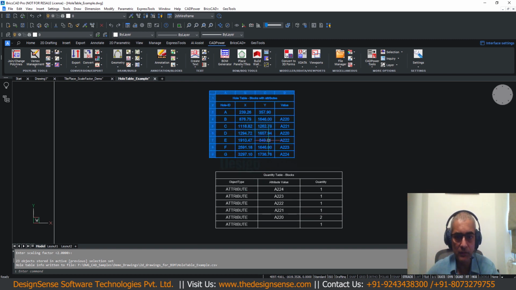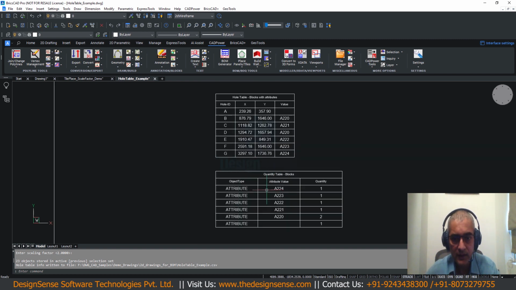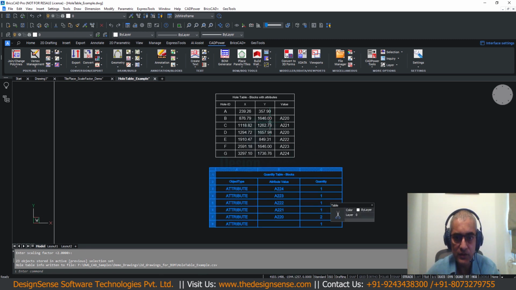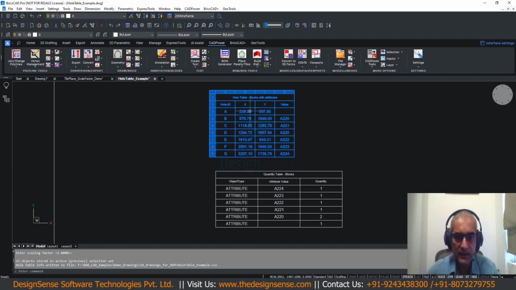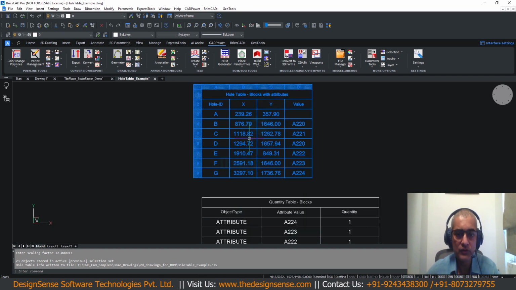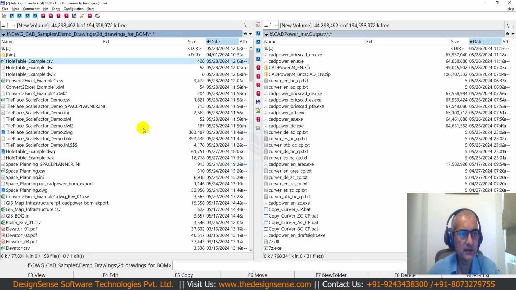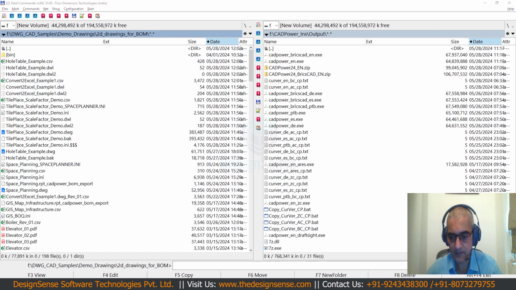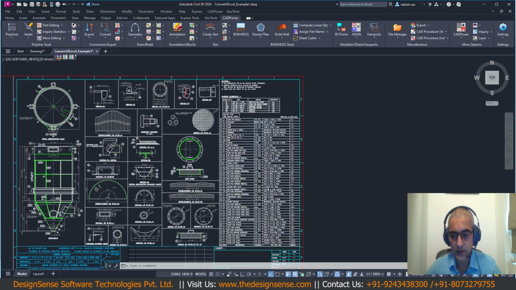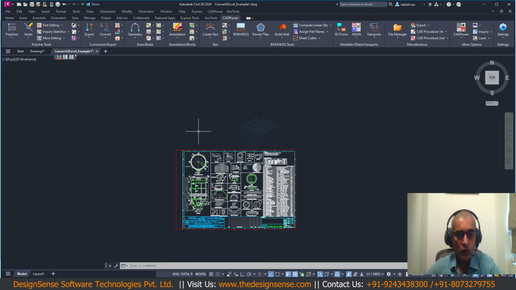So when you have a block and an attribute, its attribute value is captured and its quantity information also is captured here. And in this table, the blocks with attributes positional information is captured. Now once again, you can see the hole table CSV file also is generated. So that's how you generate hole tables in